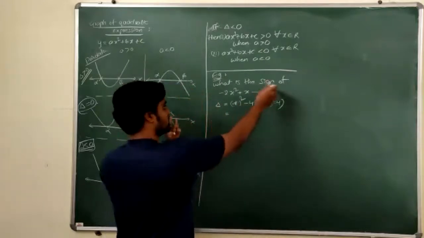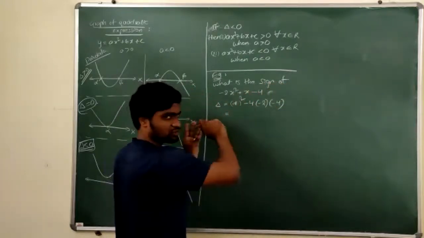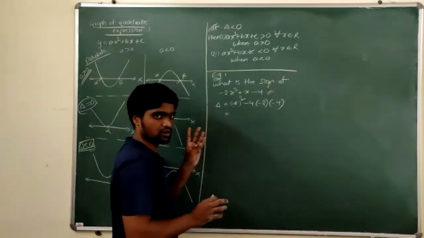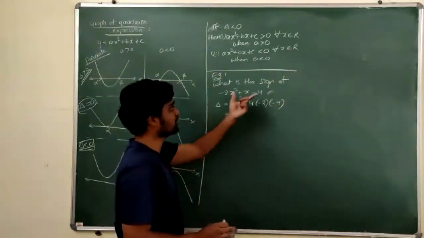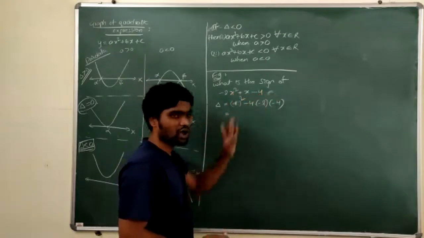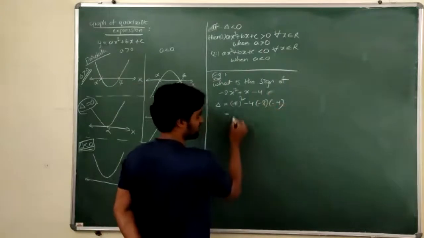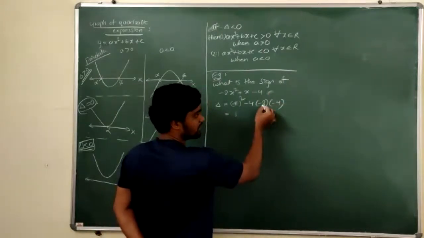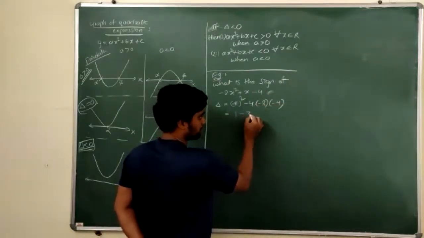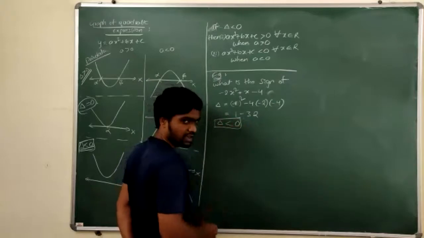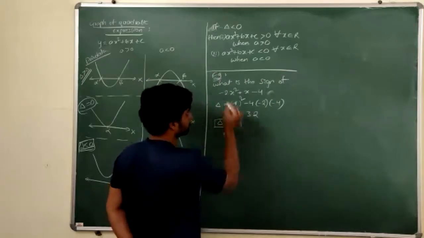If there is 0 on the RHS on the other side, then you can take minus common and send it to that side. It works like that. But in this case, I've given you only expression. There is no RHS part, so you cannot send the minus sign to that side. Okay? So b square minus 4ac, 1, 8 minus 32, delta is negative.